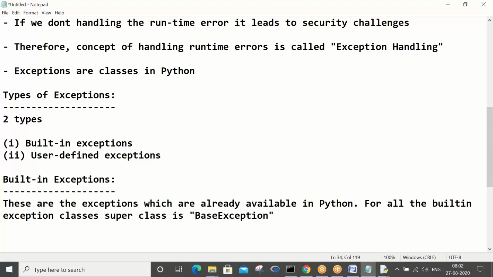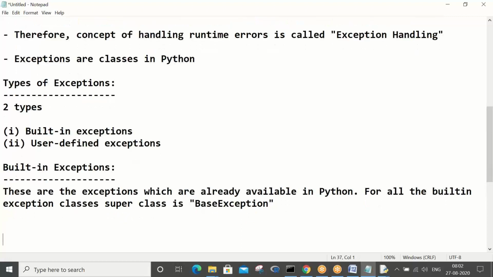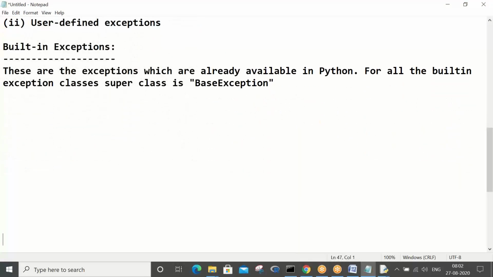For all the exception classes, the base class, that is the parent class, is the base exception class. I would like to give some sort of tree structure. Take base exception as a super class.